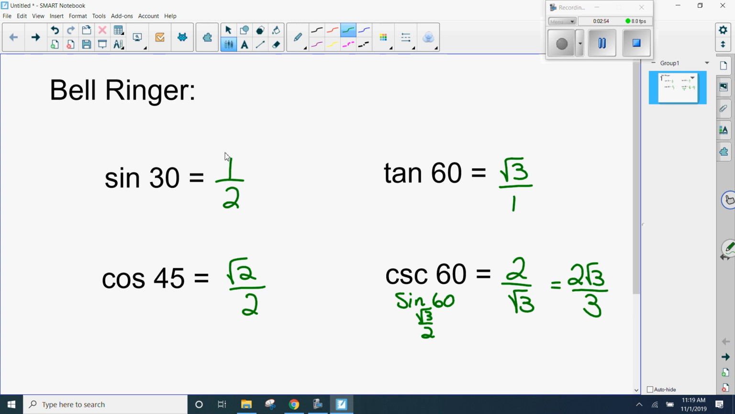1 over radical 3. Talking about 45 degrees, what's the sine? Radical 2 over 2. The cosine? Radical 2 over 2. The tangent? What's radical 2 over radical 2, though? 1. So your answer is 1. What about the cosecant of 45? 2 over radical 2. If you rationalize that,